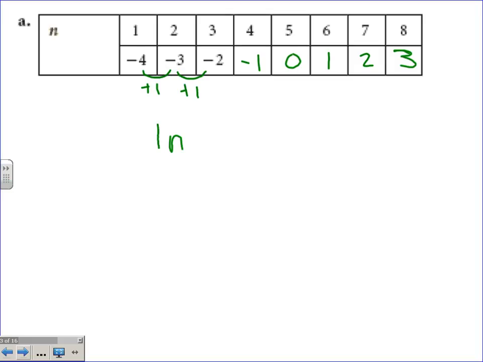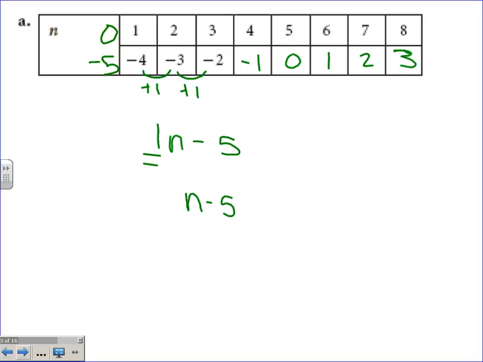Okay, what's our 0th term? Yeah, if we go back 1, we basically have to subtract 1, subtract 1, subtract 1. So it'd be negative 5, so we write 1n minus 5. Now here's the question. Do we need a 1 right there? No. 1 times n is just n, so probably the best thing to write down is n minus 5,